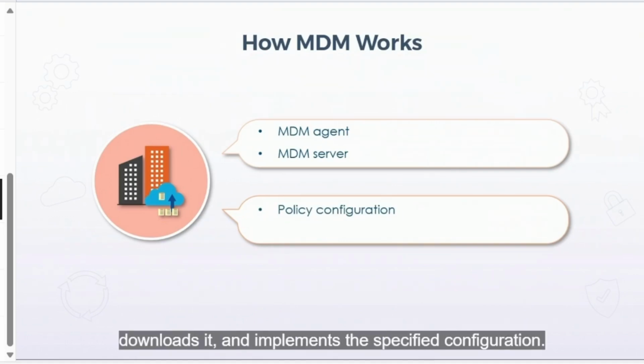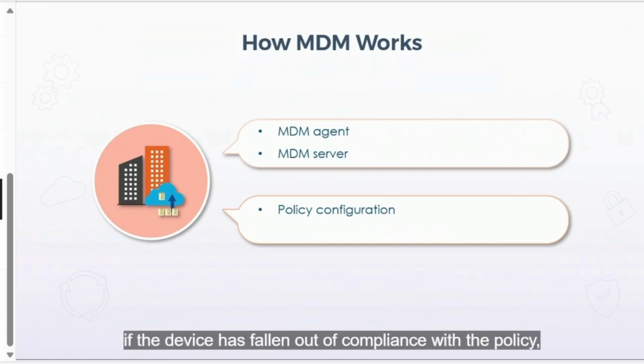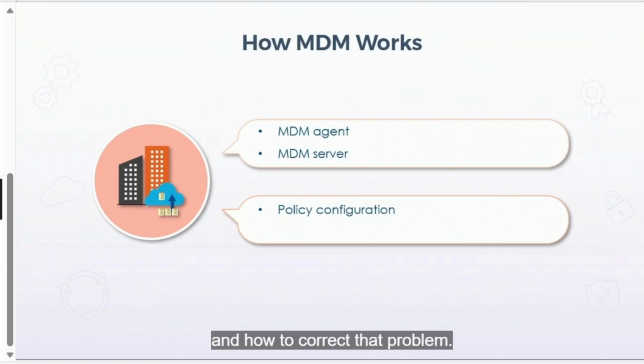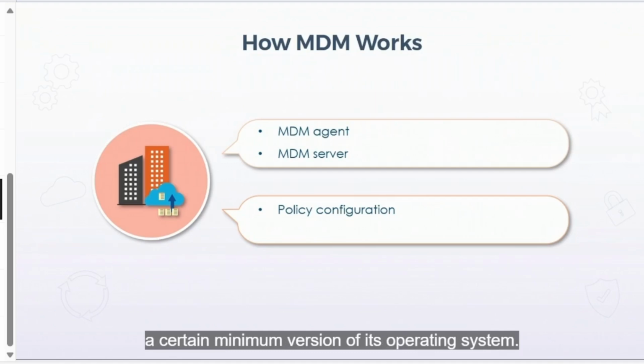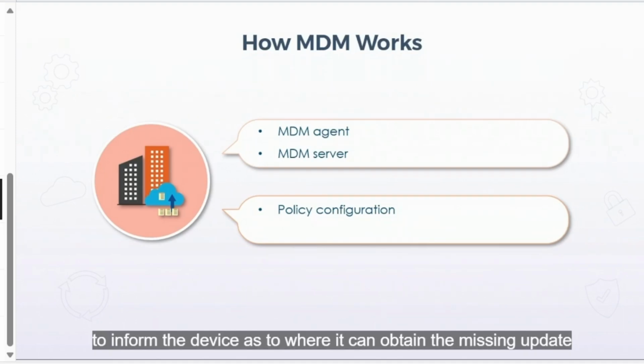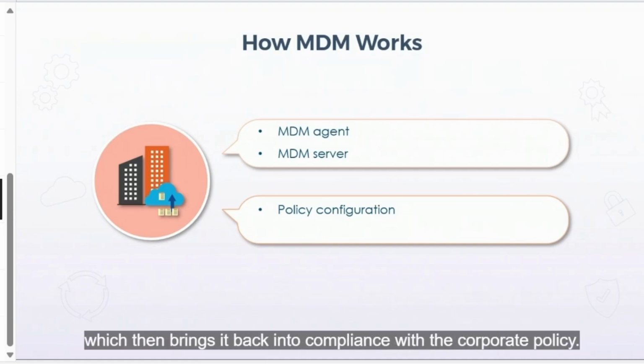Once the policies have been defined on the server, the agent requests that policy, downloads it, and implements the specified configuration, then regularly reports back to the server with information about its configuration, which can then be used to determine if the device has fallen out of compliance with the policy and how to correct that problem. For example, the policy might define that your device be running a certain minimum version of its operating system. But if a device is turned off and misses an update, it may no longer be considered up to date. So a remediation policy can also be configured to inform the device as to where it can obtain the missing update when it powers back up,